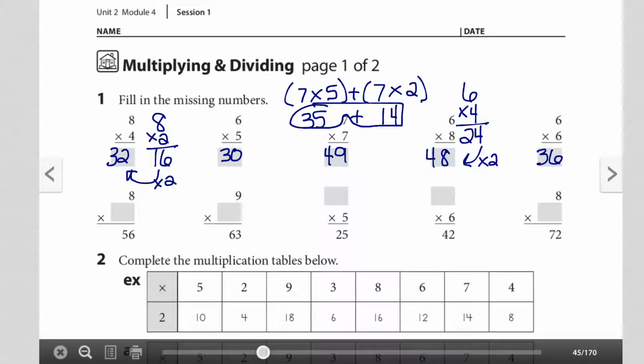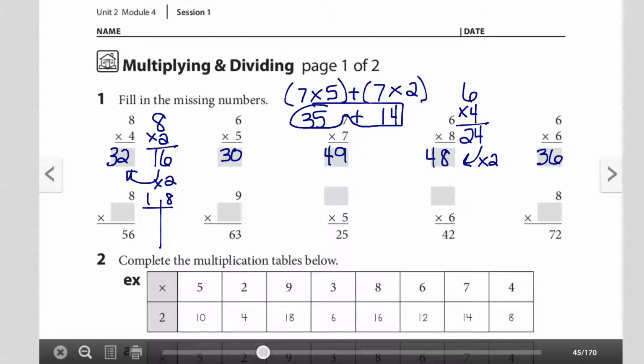So the second row, we're instead looking at division, but we can think of it as multiplication where we only know one of our factors and we also know our product. Remember, our product is the answer. So now we need to think about how we're going to solve this. If I look at my first one, which is 8 times something equals 56, one of the easiest ways might be to make a ratio table. So if I draw that ratio table out,